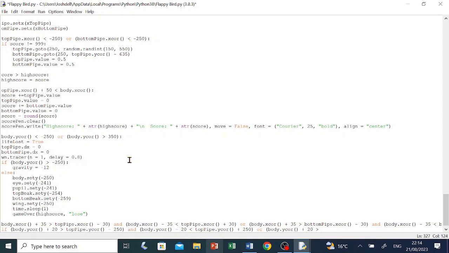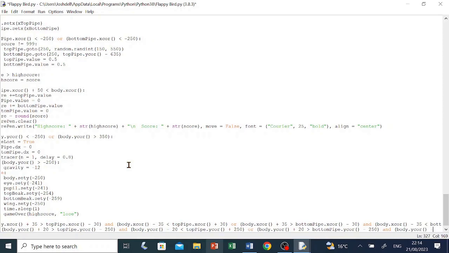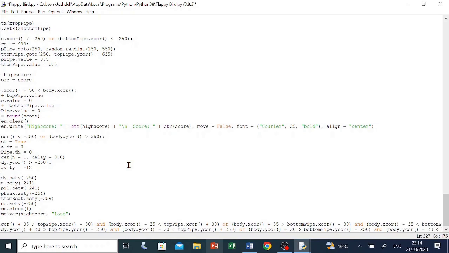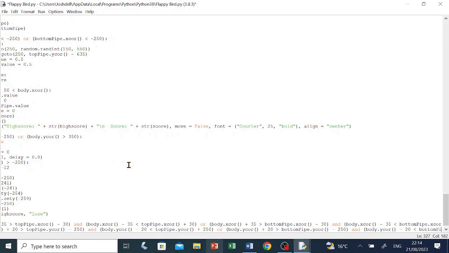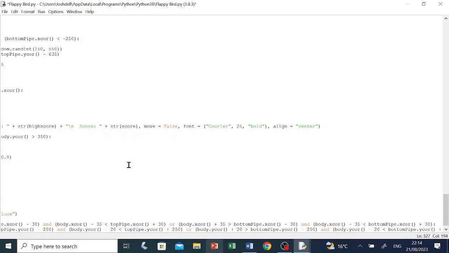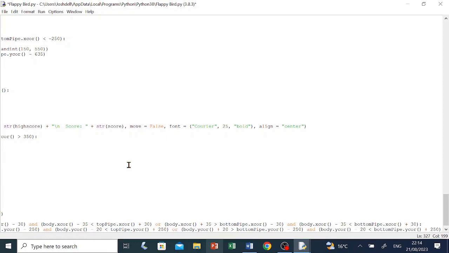> bottomP_pipe.ycor() - 250) and (body.ycor() - 20 < bottomB_pipe.ycor() + 250):